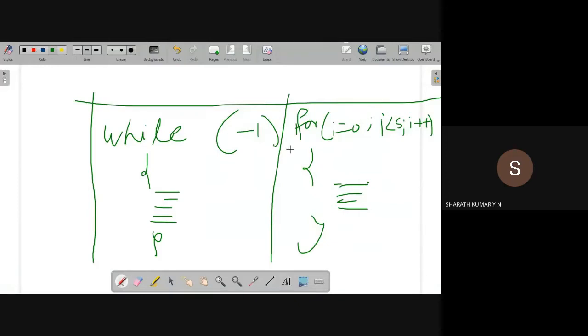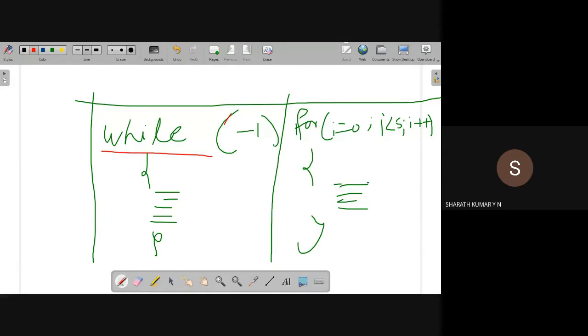Which is the infinite loop in these two loop control statements? Okay.